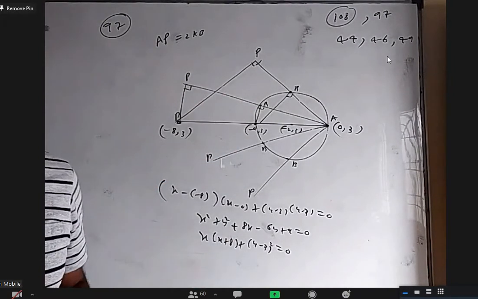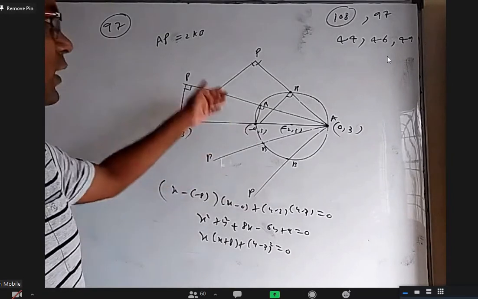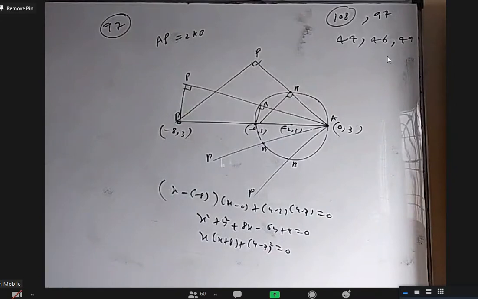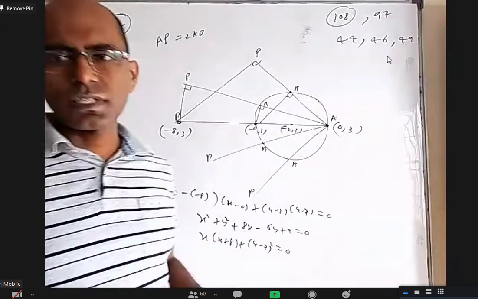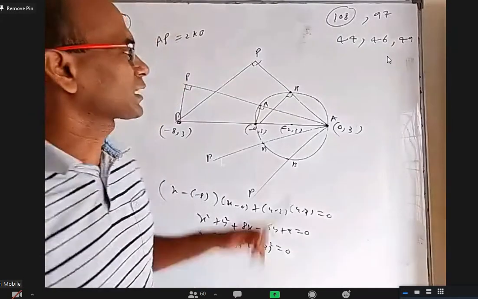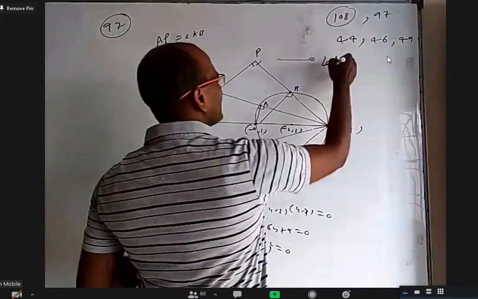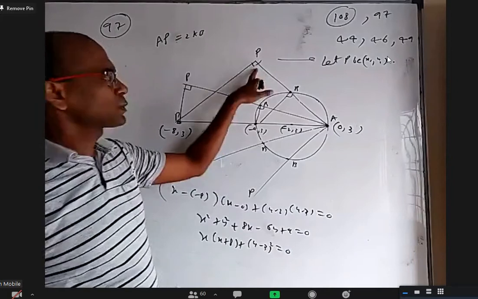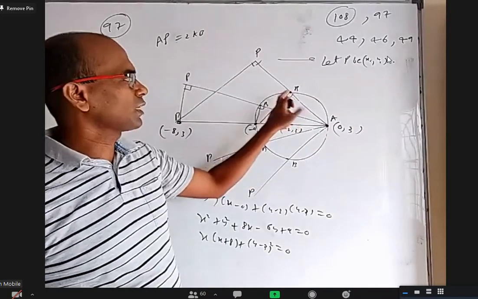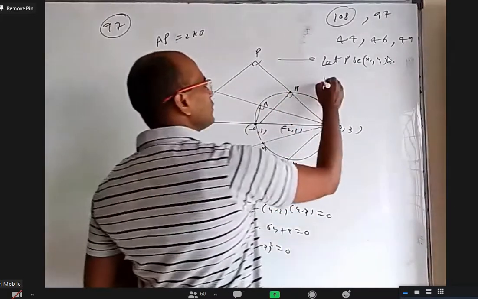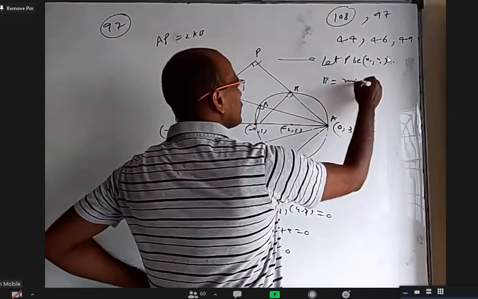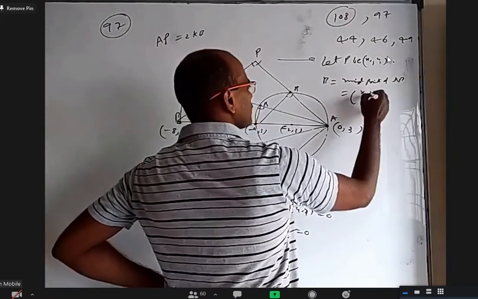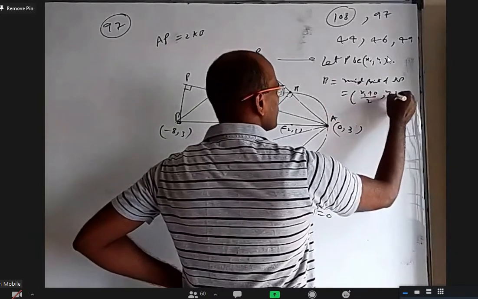If you don't want to do that, actually this is a very easy question. Why? It doesn't have to be given as 97. It can be given as the third or fifth question. I'll tell you why. Our standard procedure, whichever point they're asking the locus of, take it as (x1, y1). So let P be (x1, y1). You know this point (x1, y1), this point (0, 3). What is this point? Midpoint. So B will be the midpoint of A and P, that should be ((x1 plus 0) by 2, (y1 plus 3) by 2).